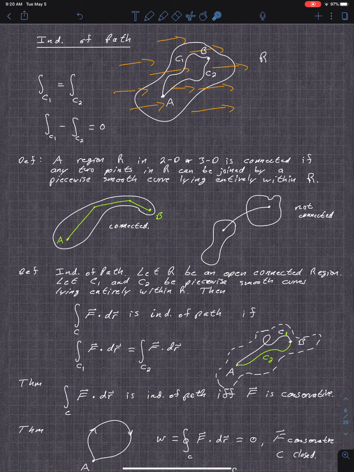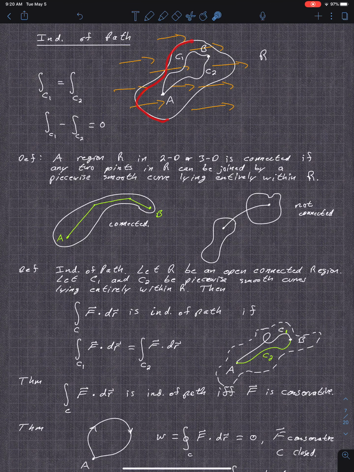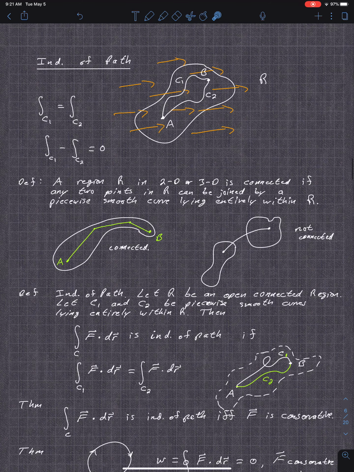So independent of path basically means, you have some region R. Okay, it could be the entire plane, it's okay. And you have some sort of vector field. So F is your vector field going through here like this. So here's your F. You're acting on the particle or whatever. And then